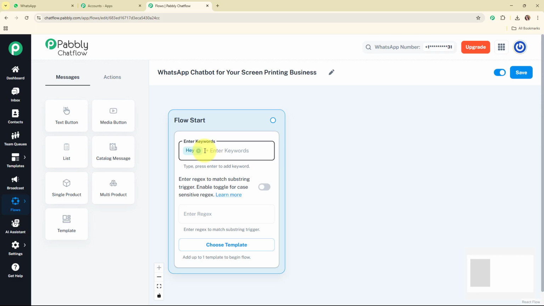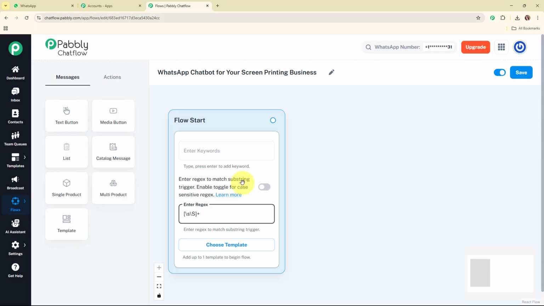Now whenever a user sends a message with this word, the chatbot will detect it and trigger a response. But here people type messages in different ways. One person might say "tell me more about your service," while another might write "I want to purchase this particular item." So instead of listing every possible variation, we can use regex, that is regular expressions, to create a smarter trigger. For example, using a regex pattern like this, the chatbot will detect the common inquiry words regardless of variations or capitalization. And once the chatbot is triggered, it moves to the next steps.